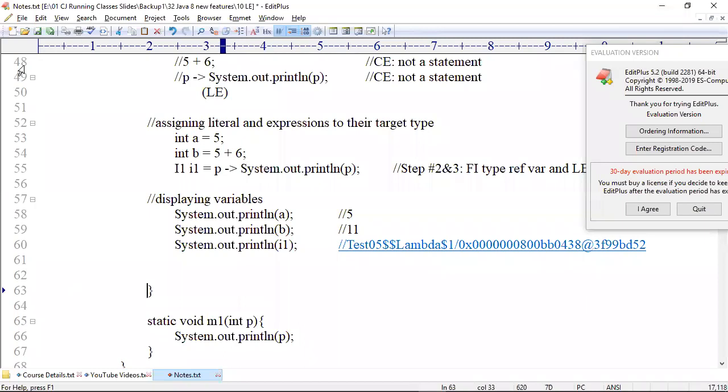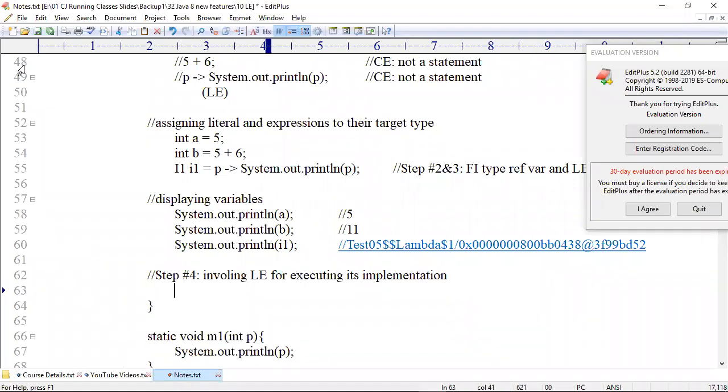Now step number 4. What is step number 4? Invoking the lambda expression for executing its implementation. How to invoke? Use the reference variable I1 dot.